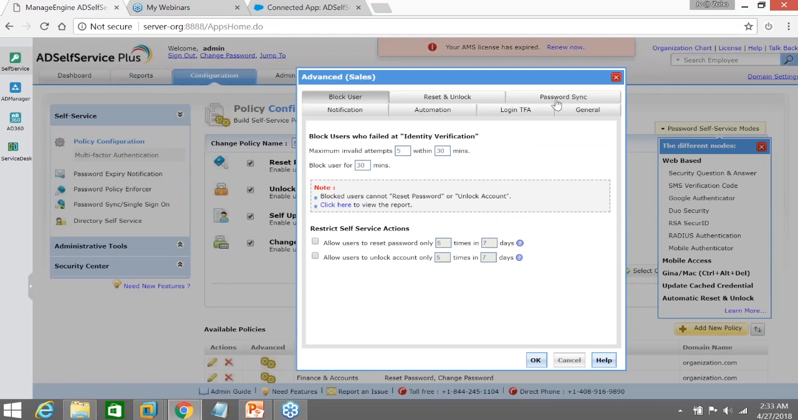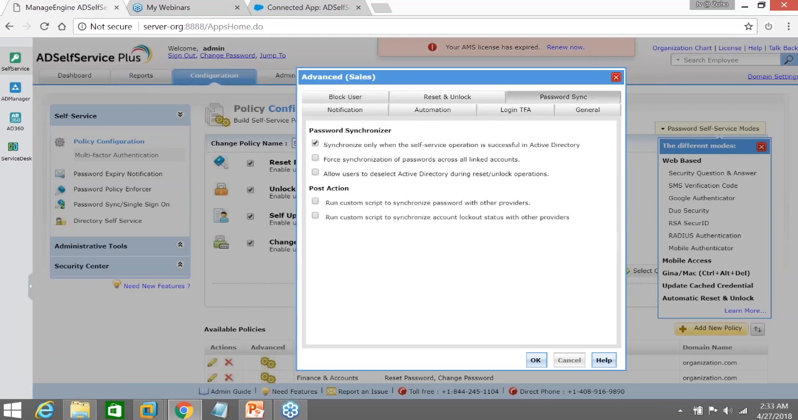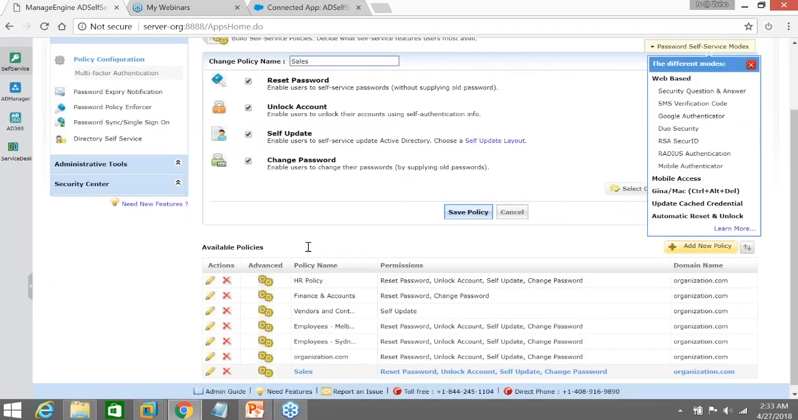So I can get into advanced, say password sync. I can say password sync has to be enabled for applications, or I can say allow users to deselect Active Directory and just do a password change or a password reset for the application in view. If they want to just change their Salesforce or Office 365 passwords, they'd be able to do it from the ADSelfService Plus console. If they'd want to do it for both Active Directory and their applications, you can have this checked off, and they'd be able to perform all sorts of password management, all by themselves,